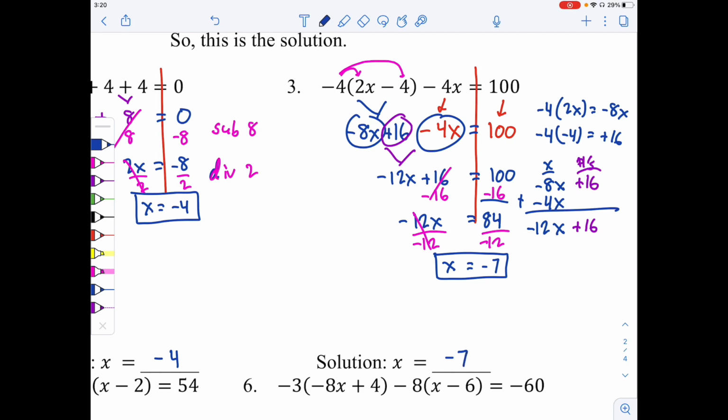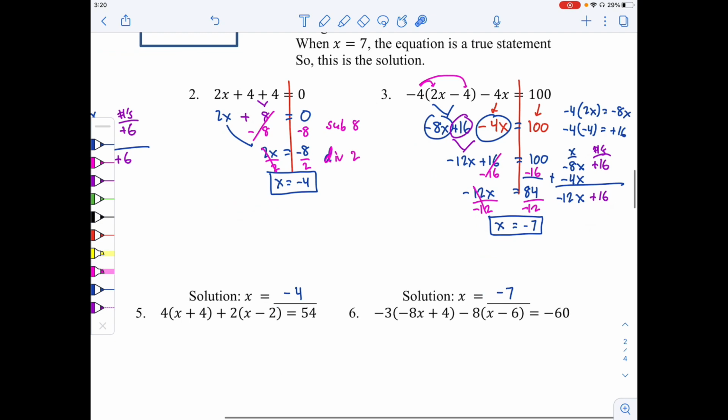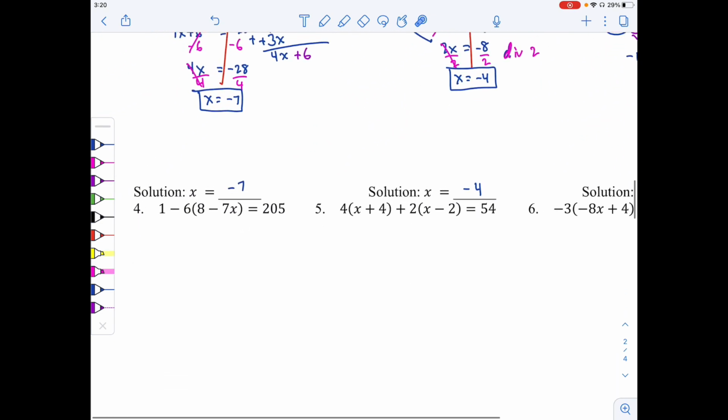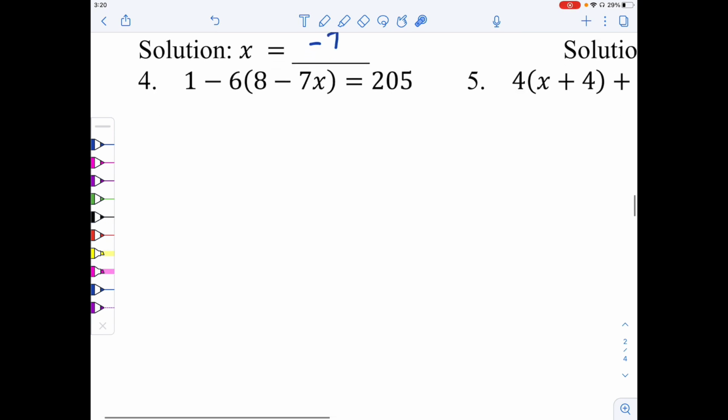So you can see we're combining what we know, right? We can distribute, combine like terms, and then we solve. So we're combining these things that we did before and building on them. So it's one step at a time, one step at a time. Okay, number 4,